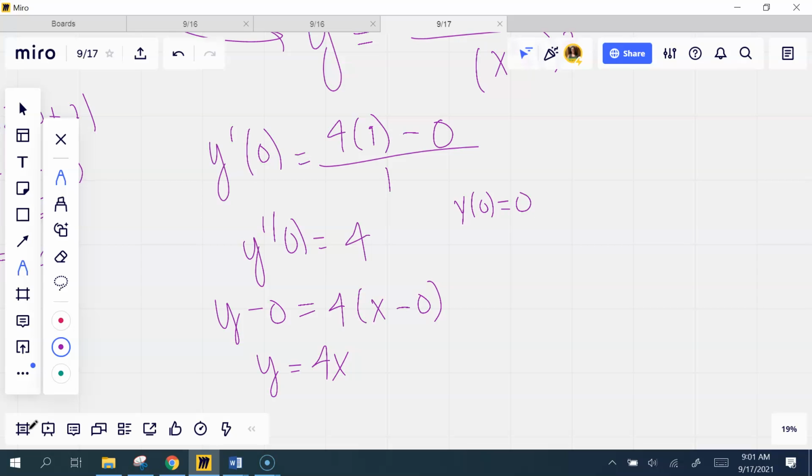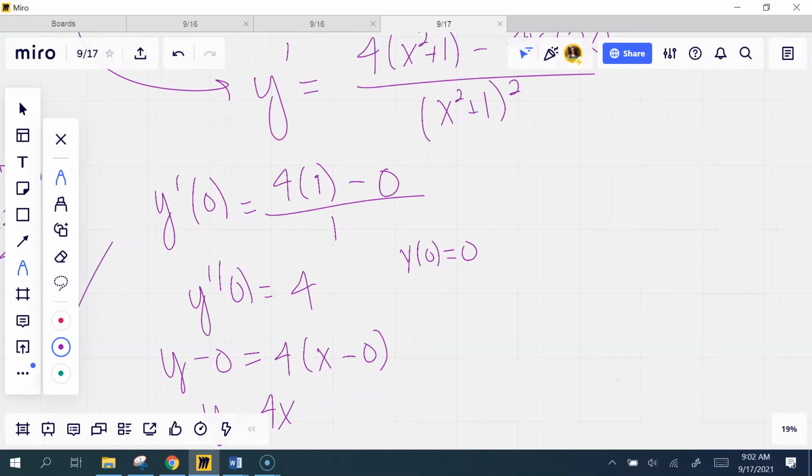Whatever this function is doing, 4x, kind of steep like that, that's the tan line there at the origin. It's fine. And then at 1,